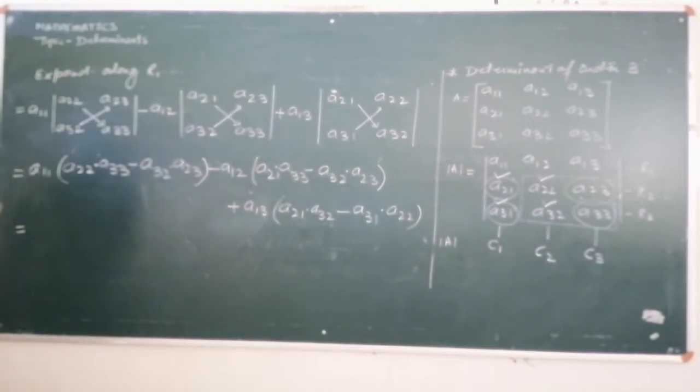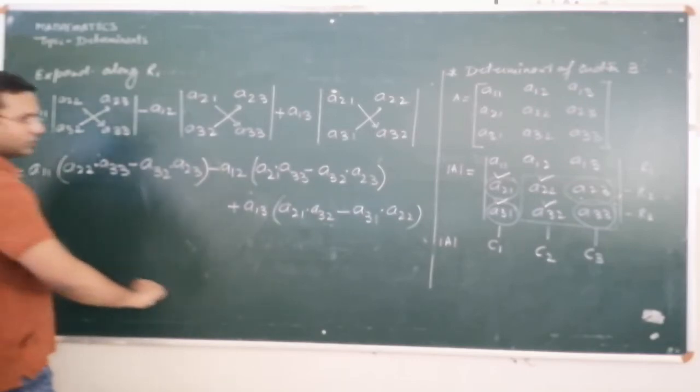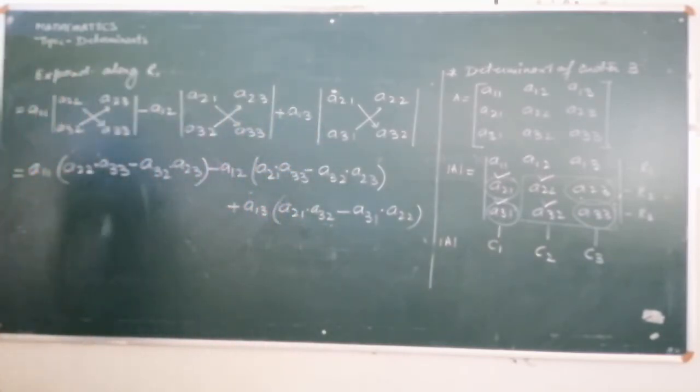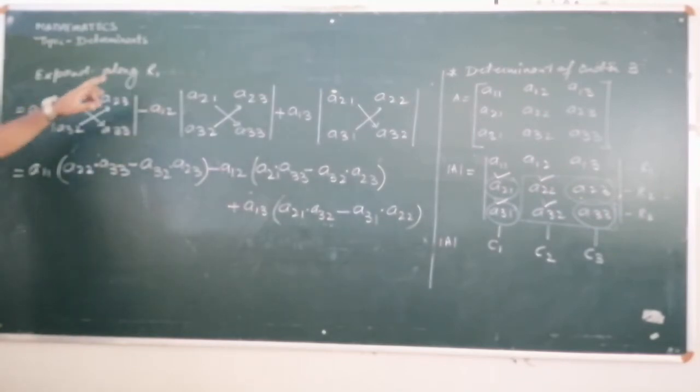This is the procedure we have discussed, students. While mathematically, with the help of numeric digits you will do, then it will look very easy. But this is the actual procedure. We have to learn this procedure also. So this is the procedure how we will calculate when we expand along the first row.